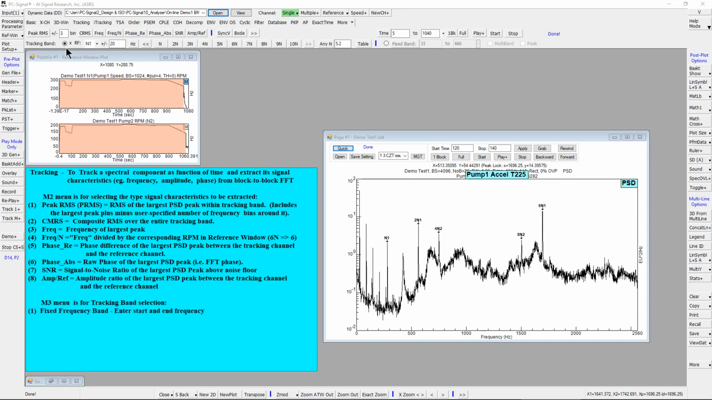The tracking band can be a variable band or a fixed frequency band. For a fixed frequency band, simply enter the start and end frequency in these two boxes. For a variable band, it requires that the reference window be generated first. For example,